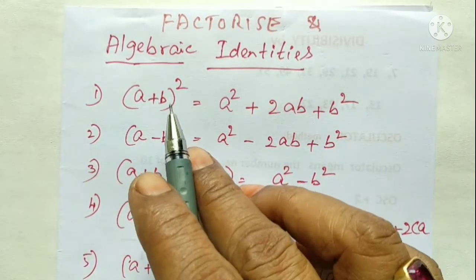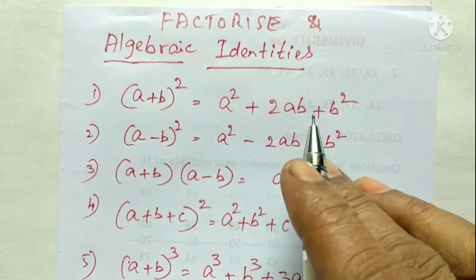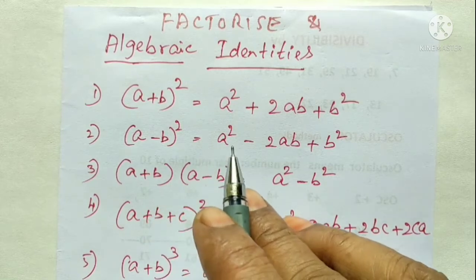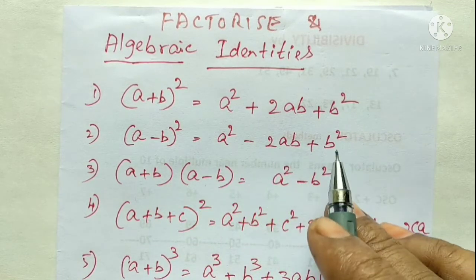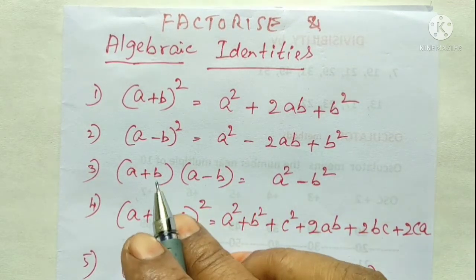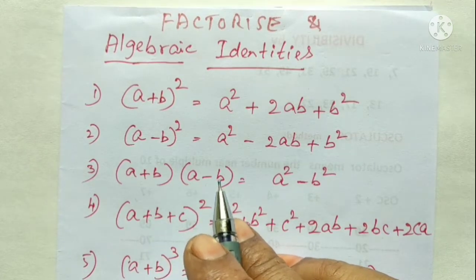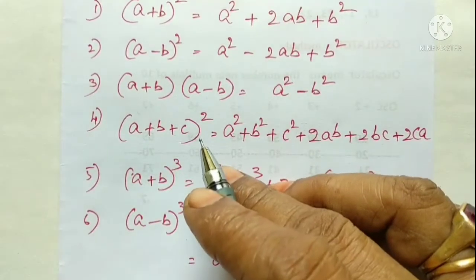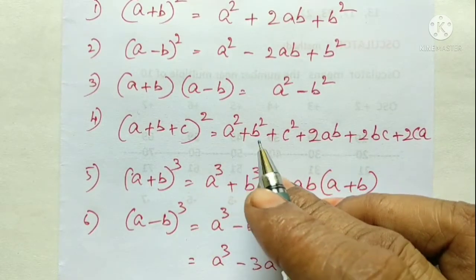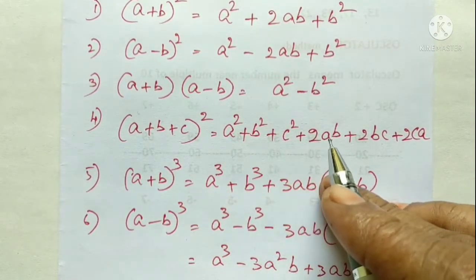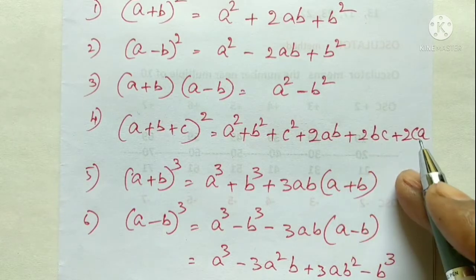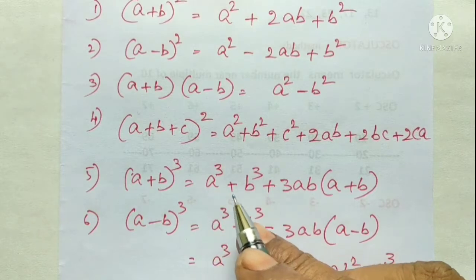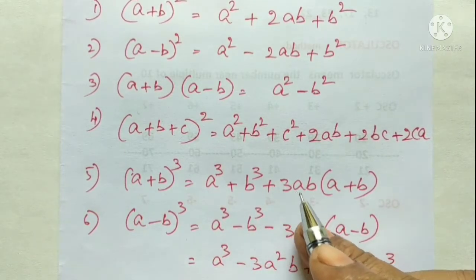You know, (a + b) whole square is equal to a square plus 2ab plus b square. (a - b) whole square is equal to a square minus 2ab plus b square. (a + b) multiplied by (a - b) is equal to a square minus b square. (a + b + c) whole square is equal to a square plus b square plus c square plus 2ab plus 2bc plus 2ca. (a + b) whole cube is equal to a cube plus b cube plus 3ab multiplied